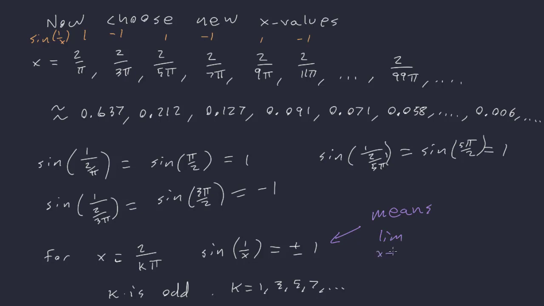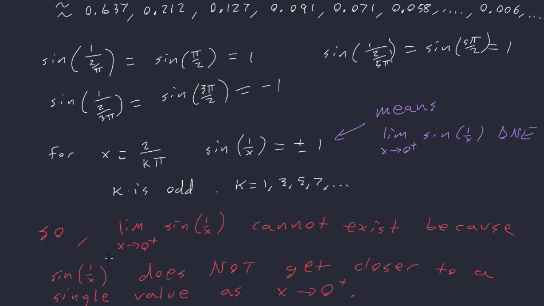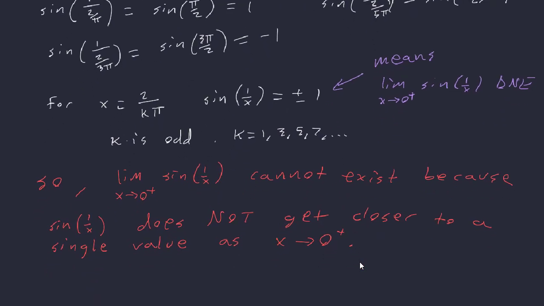the limit as x goes to 0 from the right of sine of 1 over x does not exist, because oscillating precludes, I guess that's the right word, precludes your ability to get closer and closer to a single value. So the limit as x goes to 0 from the right of sine of 1 over x cannot exist, because sine of 1 over x does not get closer to a single value as x gets closer to 0 from the right. And this is because sine of 1 over x